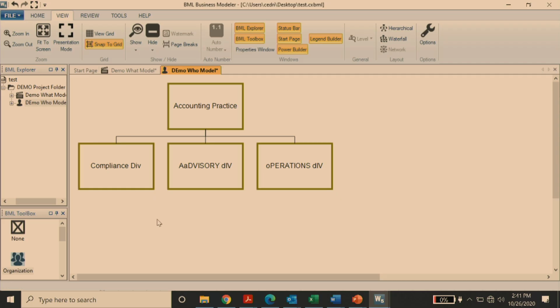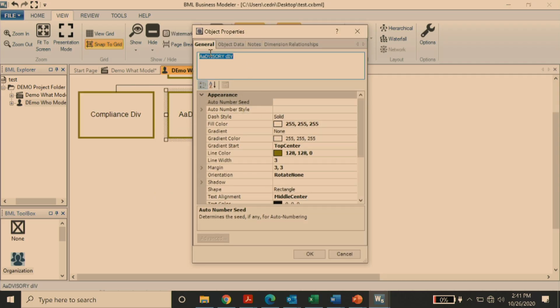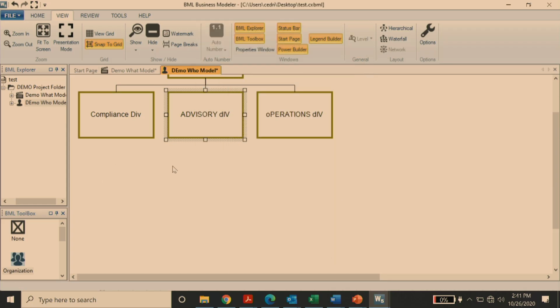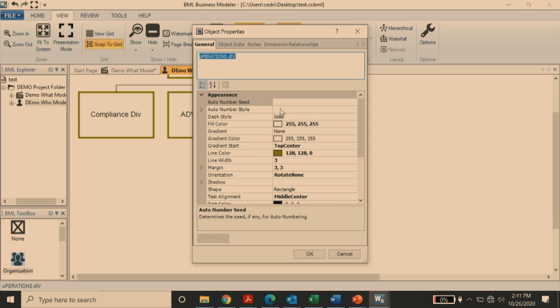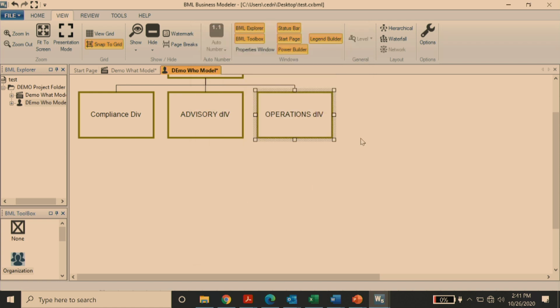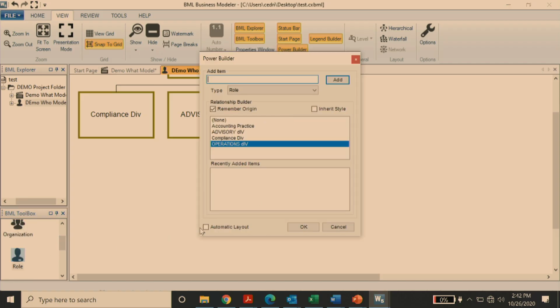And if I press OK, I've now created a little who model showing who does the activities on the what model. Okay. Underneath the advisory here, I'm going to add some roles. I'll say in the operations, in fact, let's go to operations division. Sorry, looks like my caps lock was on. Under operations division, I'm going to say we have a few roles in that division. Drag, drop the role on top of the division, automatic layout, and I'm going to say we have an ops manager,